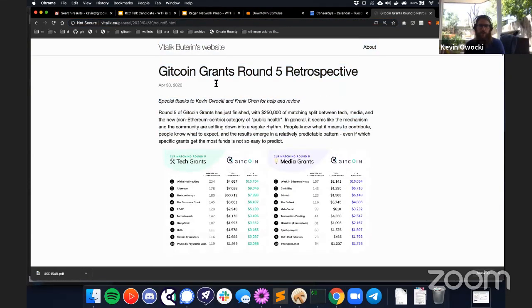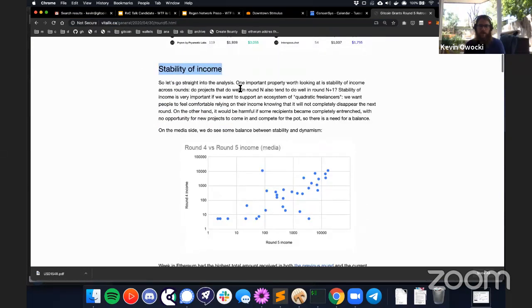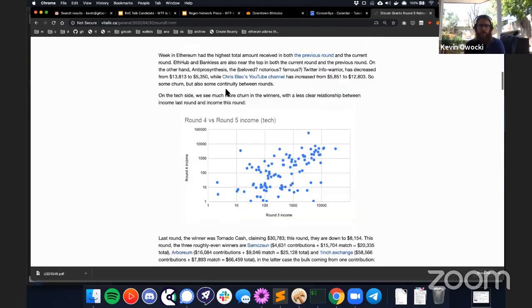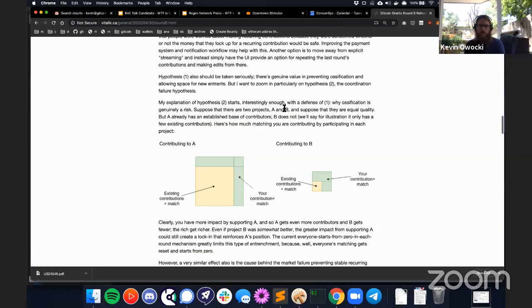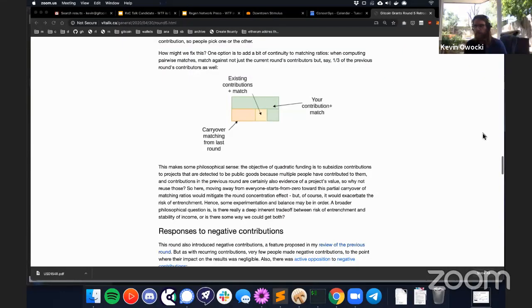I will point you at Vitalik Buterin's review of Gitcoin grants round 5. Stability of income was a major theme of that review. Basically, there are two ways to do it. One is just making it easy in the UI to say, instead of funding $5 to this project now, I want to fund $1 to the project every subsequent round for the next 5 rounds. Recurring subscriptions are a pretty popular thing on the internet right now, and so we think there's a lot of upside in that.